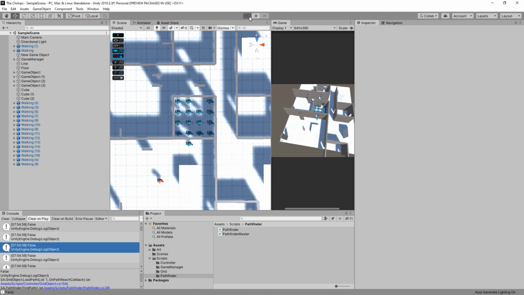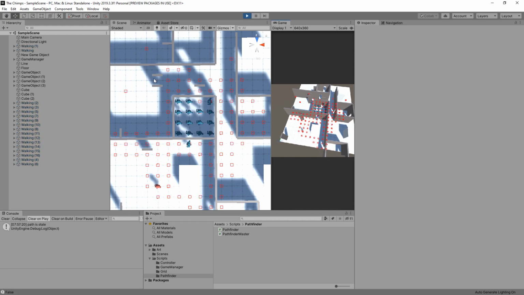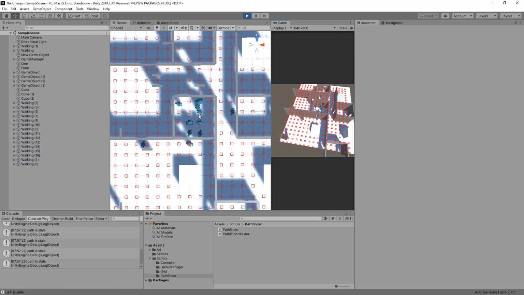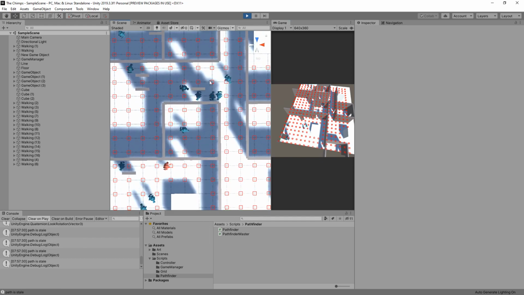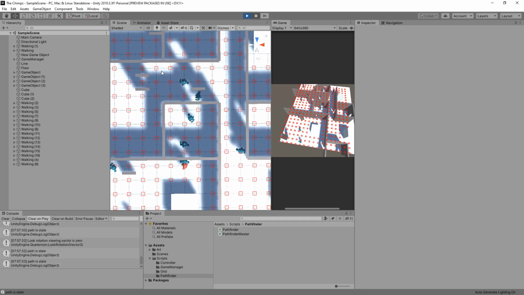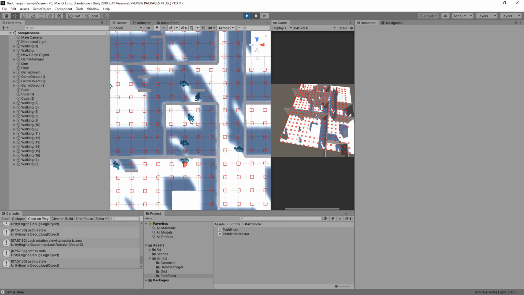So let's hit play first. Now this works pretty good for the most part. The only problem that I can actually identify is that if there are two agents, something that's probably going to happen over here,